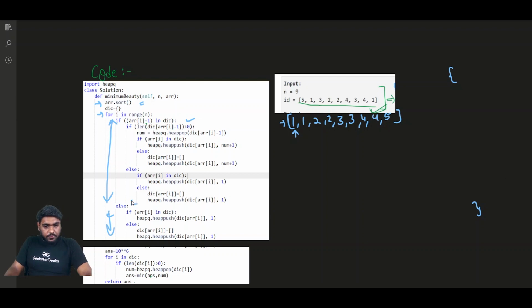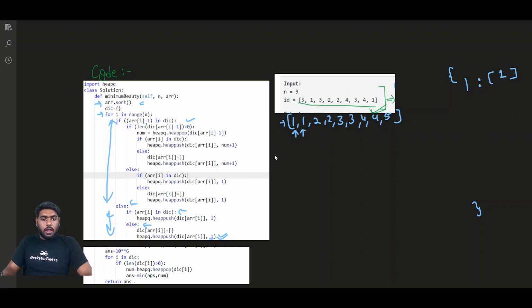We'll jump to this else. We were checking for one value less, and inside here we are checking for the exact value. That means 1. Is 1 existing in the dictionary? Well, it is not already existing, so we'll follow this else, and we will create a new key, this one, and we will also have one empty list which will be acting as our heap. We are pushing one value inside this heap, which tells that with this 1 we can only have one sequence which is going to be of length one. Okay, going to the next value, this one,